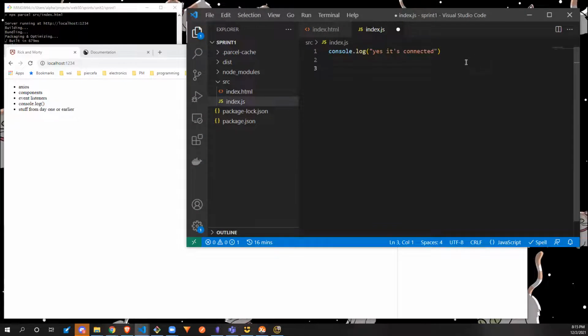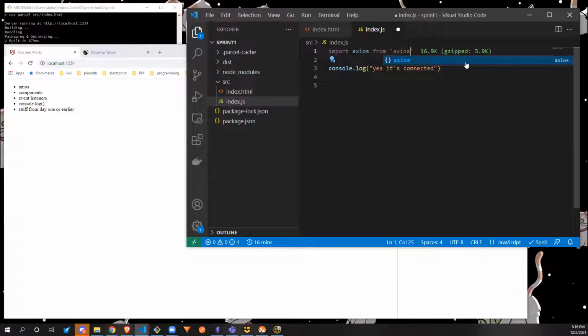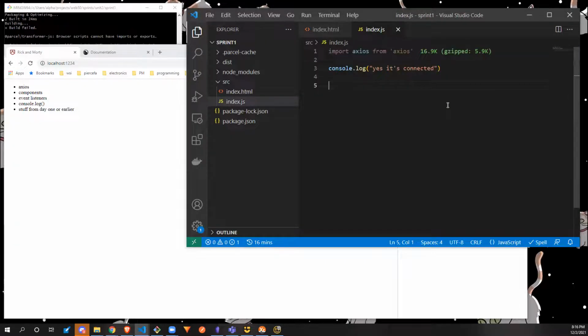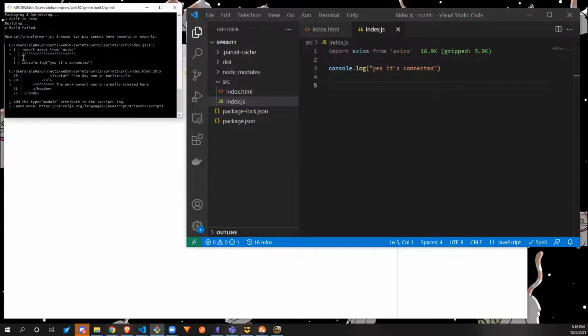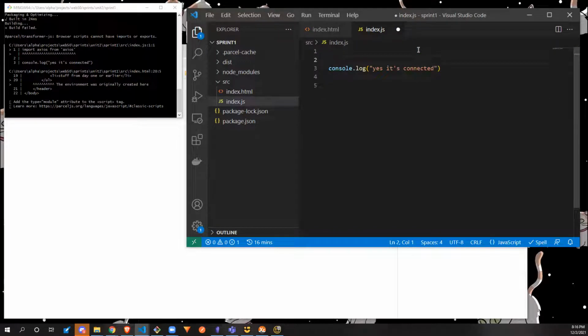So what we also need to do is we're going to need to import. Let me see if this actually supports an import. Yeah, looks like it supports an import, so that's good. I haven't tried this with the latest version of Parcel. Yeah, see, it doesn't like it: browser scripts cannot have imports or exports, so I've got to do it the old-fashioned way. This is the way you would do it in React. So we have to do